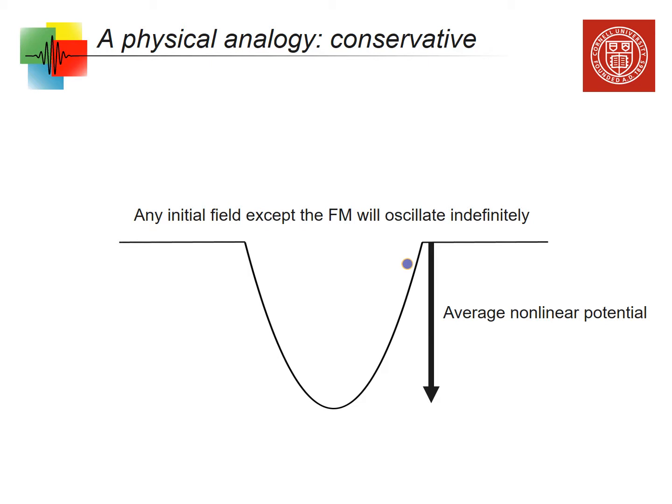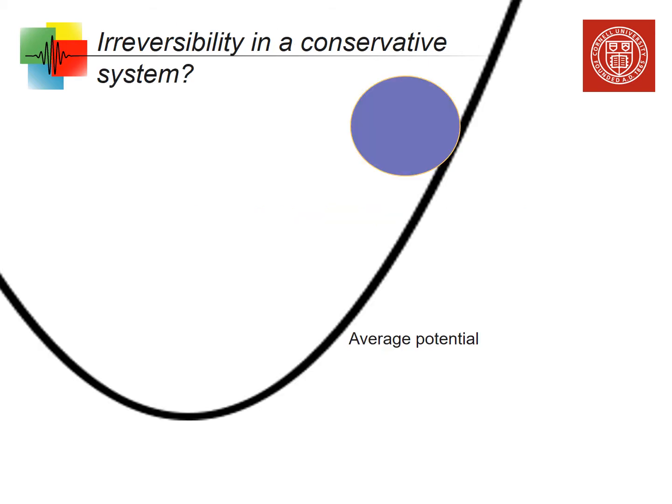But even in experiments where we're really dealing with very conservative systems, there's very little dissipation, there's essentially zero disorder, we still see some irreversibility. And this is a question that often comes up, so I want to explain exactly where that's coming from. A physical analogy for understanding this is something like this, and I'll explain what it exactly corresponds to in a minute. Previously, we're looking at this average nonlinear potential,